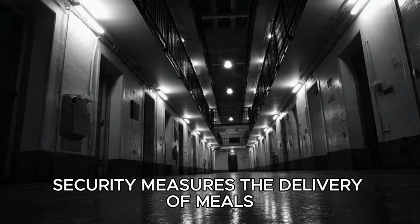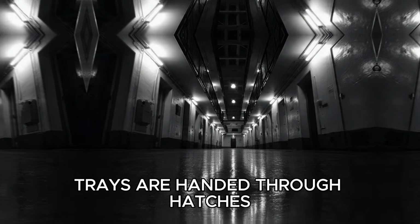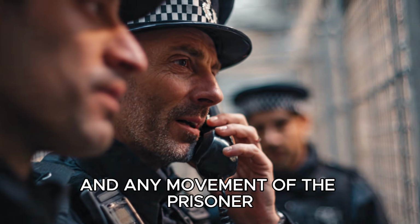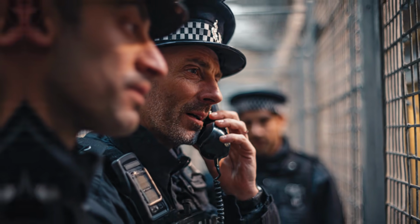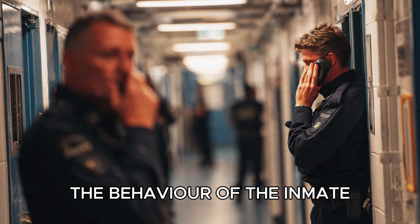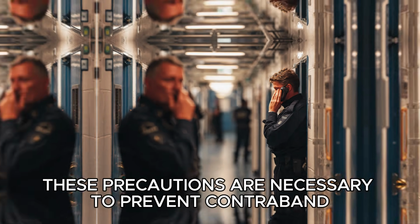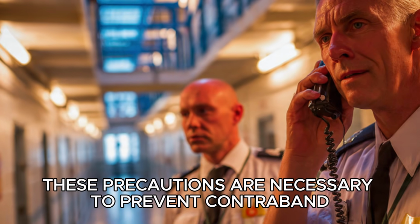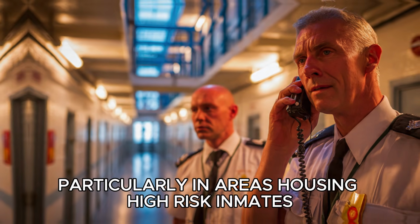The delivery of meals is carefully coordinated by officers. Trays are handed through hatches, and any movement of the prisoner must comply with strict instructions. Officers observe the placement of food, the behavior of the inmate, and ensure that nothing is hidden or misused. These precautions are necessary to prevent contraband from entering the cell and to maintain order within the wing, particularly in